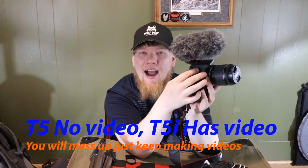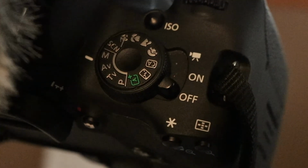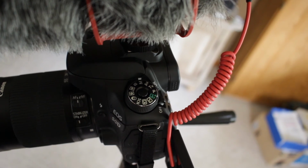And that's what you want, because the T5i doesn't have the record mode on here. It's on the dial. So you just put it in record mode and then that's what you get. With the T7i or the T5i, you can put it in record mode and then you can still use all the functions in photography mode or video mode. And so the i is important. But I suggest starting with this one because the 80D doesn't have all of these presets. It doesn't have all the things that you need. So unless you already are very familiar with photography and you know how to adjust aperture and ISO and shutter speed and your white balance and all of that,